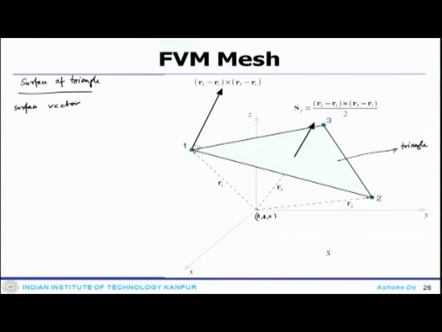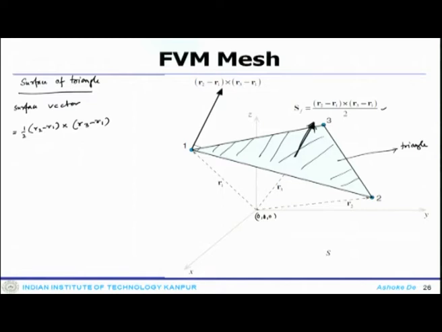Surface vector you can calculate like half of R2 minus R1 cross R3 minus R1. Okay. So, that is a cross product. So, this is how you calculate the surface, and the surface vector would be pointing like this. So, essentially this is my triangle, though it is shown in this XYZ framework, essentially this is a two dimensional system or two dimensional element. This is the triangular face, on top of that the vector would be pointing outward normal,